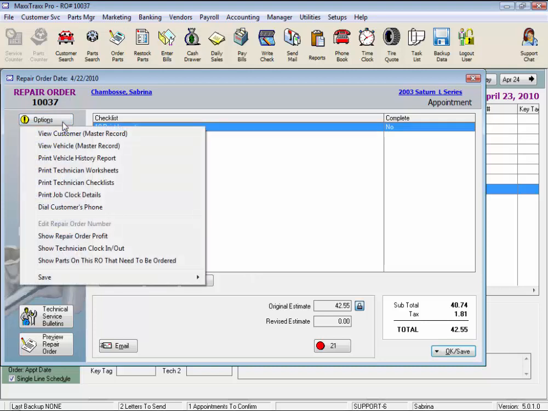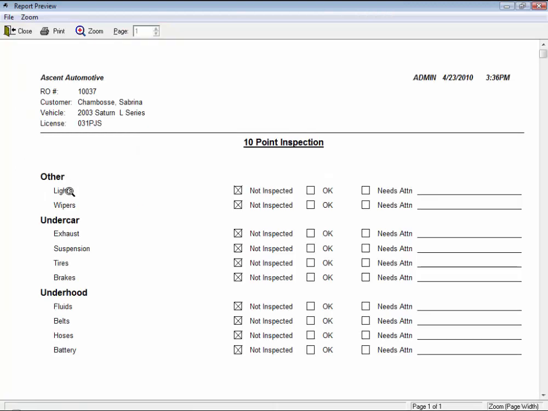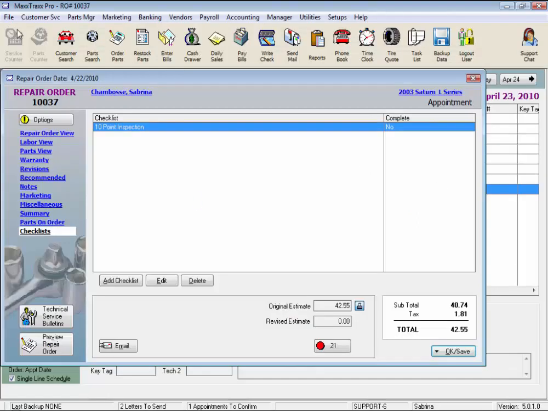Click on Options and select Print Technician Checklist. And this is what the form looks like for the technician, which is different than what the customer will see. We have a place to check OK or needs attention, and an area for notes. So let's close this. And once the technician is done, double click on that checklist or click the Edit button,